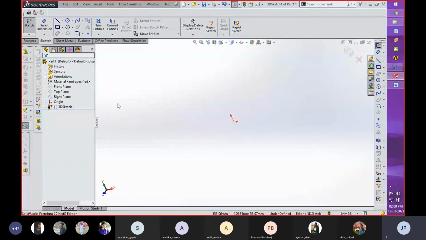In today's session, with respect to this module, I'm going to cover the different tools which are used for creating any sketch. So I'm going to cover 2D modeling in today's session, and the sketch module is going to be covered in today's lecture.